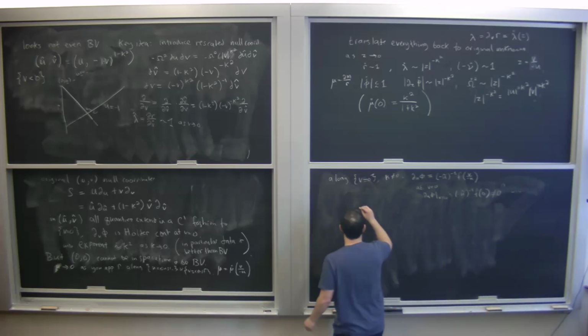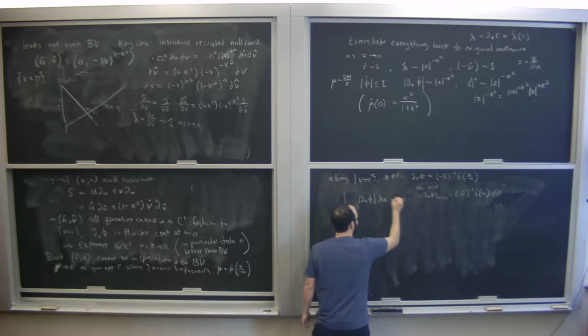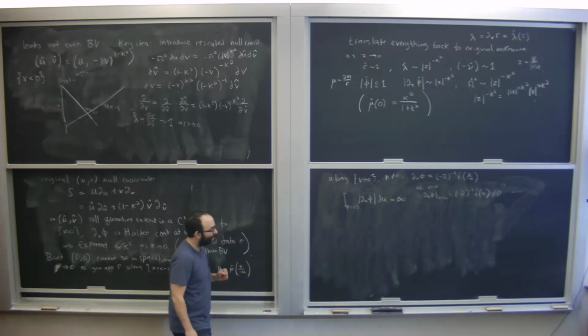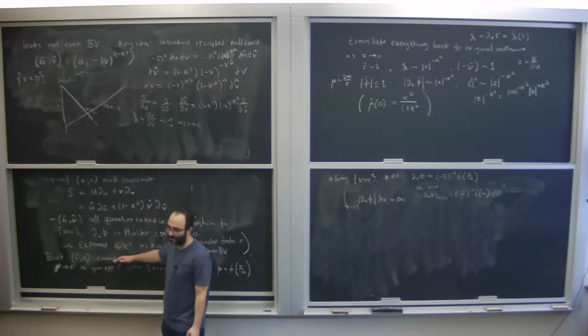And so in particular, there are these scale invariant norms. So this integral along v equals zero, there's this norm that shows up in the BV theory. This thing will be infinite. And remember, I also pointed out before, this is something which is scale invariant. So if you rescale the u coordinate, keeping the double null form but rescaling it by a function of u, this integral stays the same, right? Because of how the change of variables works. So you should think this is kind of a geometric statement. You're just saying along this, this thing is infinity. So this is a nasty singularity in the derivative, even though originally our derivative is Holder continuous.